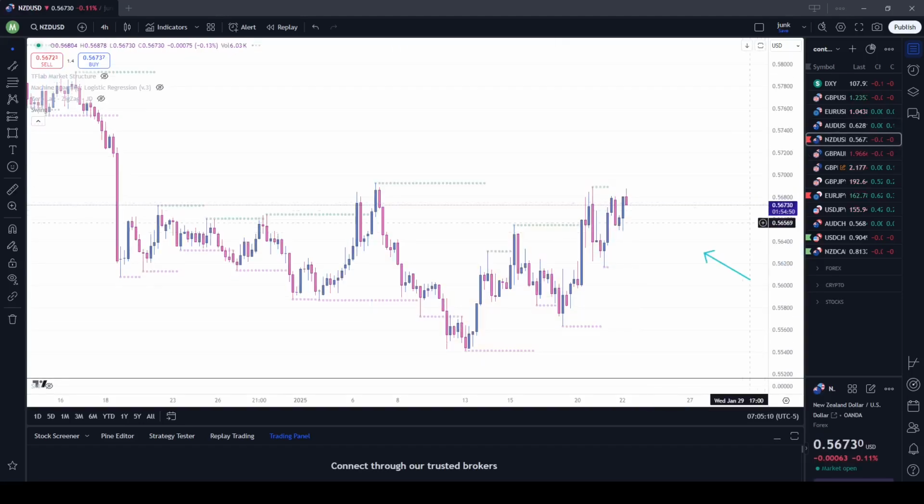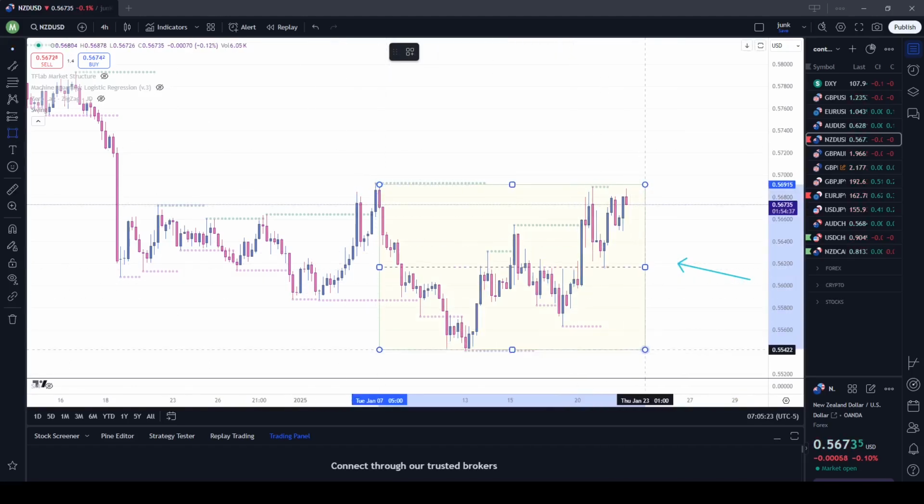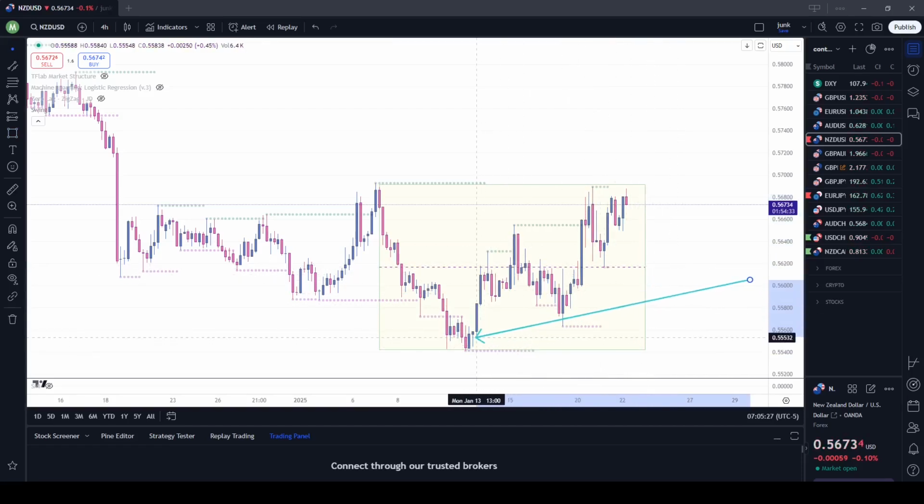And with NZD USD, similar. This was the lower high that broke the low. It's the range that we've been mapping out. So let's go ahead and map it out. This also pulled back, just like AUD USD, deep into premium, and the buying pressure hasn't stopped. Internally it's making impulsive higher highs, higher lows, higher highs. It broke the high